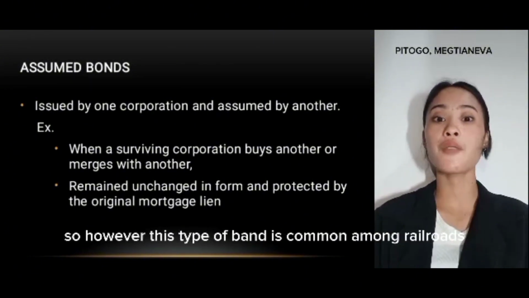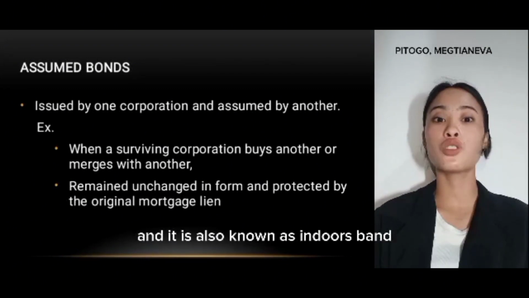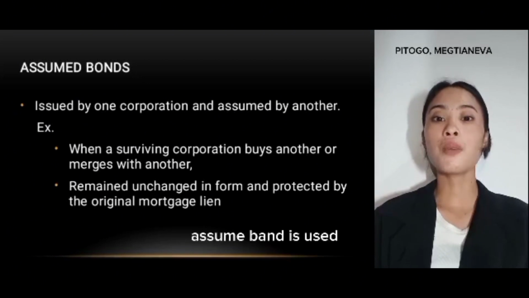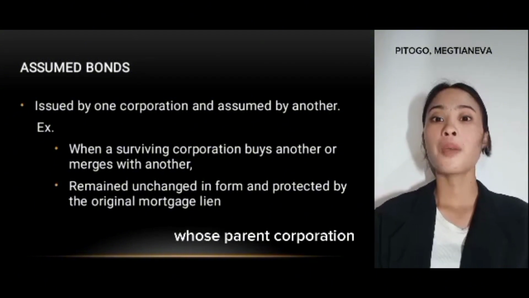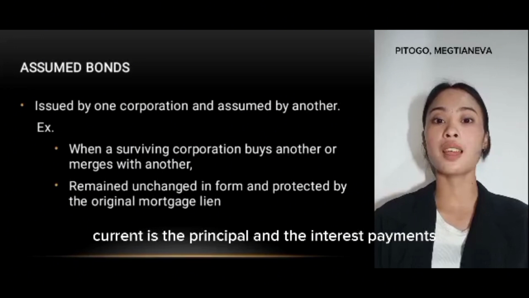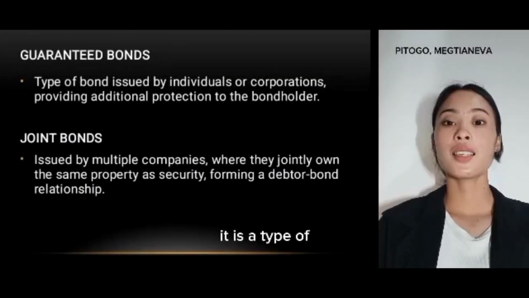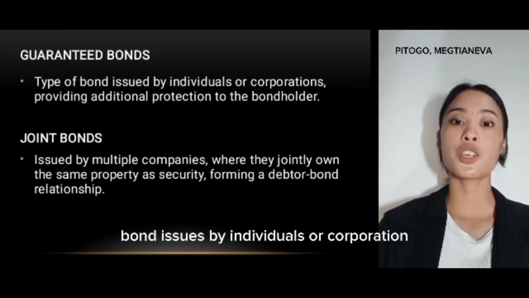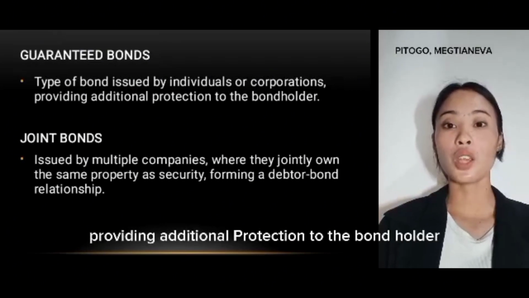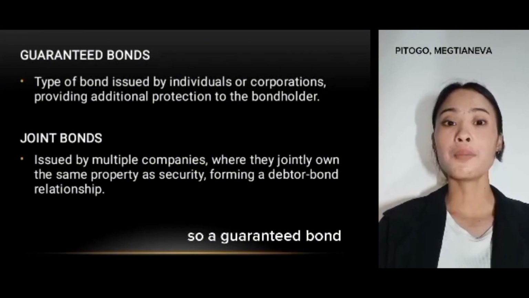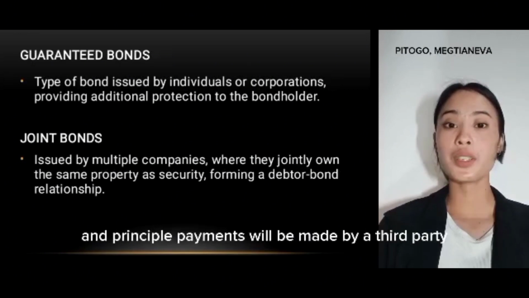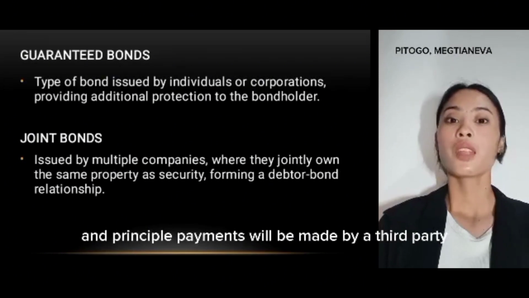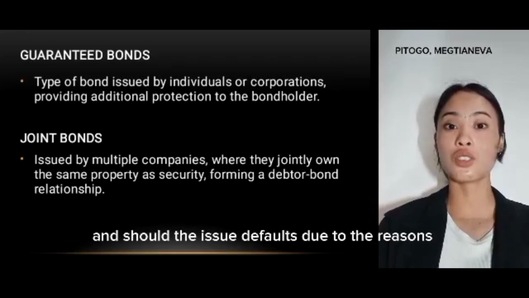However, this type of bond is common among railroads, and it is also known as inverse bond and joint bond. Generally, an assumed bond is issued by a subsidiary corporation whose parent corporation guarantees the principal and the interest payment. A guaranteed bond is a type of bond issued by individuals or corporations, providing additional protection to the bondholder. A guaranteed bond is a debt security that offers a secondary guarantee that interest and principal payments will be made by a third party, should the issuer default due to reasons such as insolvency